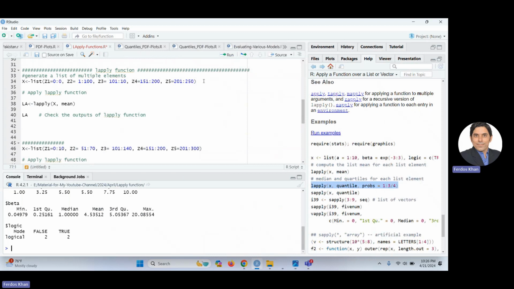This is the first data which I'm generating. Generate a list of multiple elements. Suppose this is the X which stored this data. This list is stored in X, and the list which contains one data as Z1 is from 0 to 1,